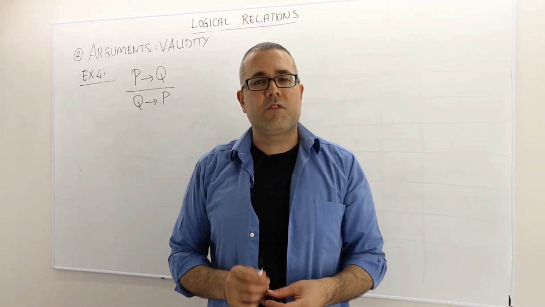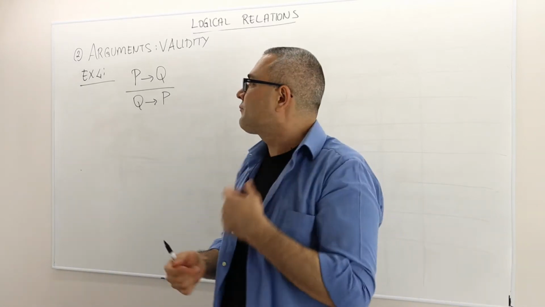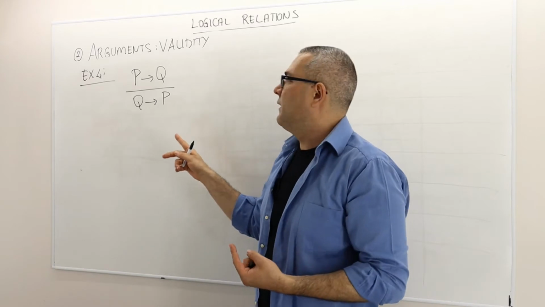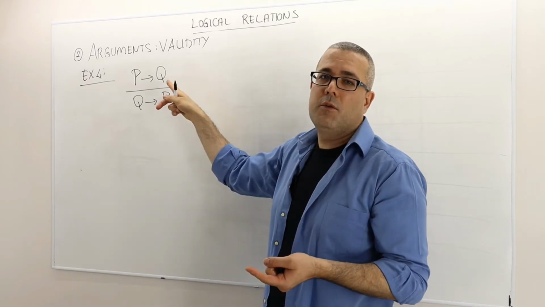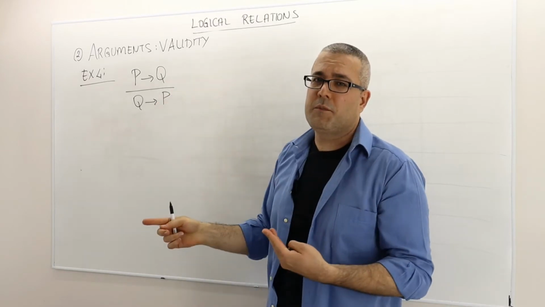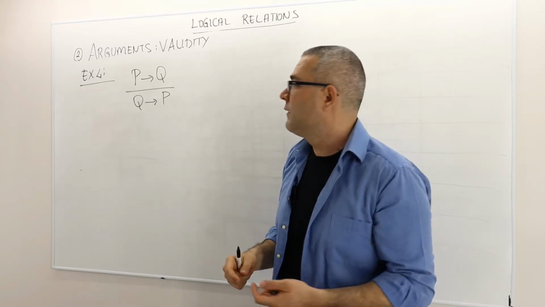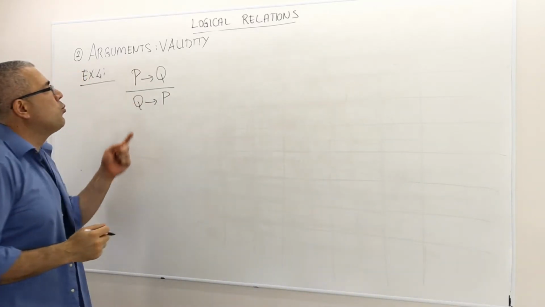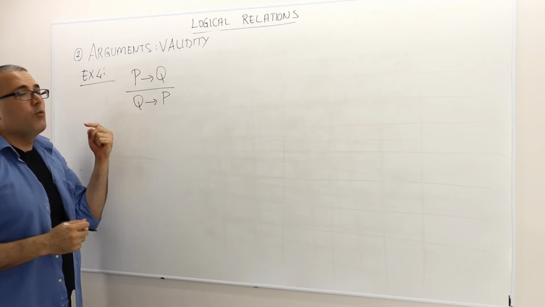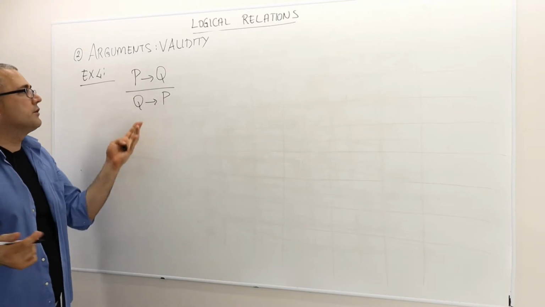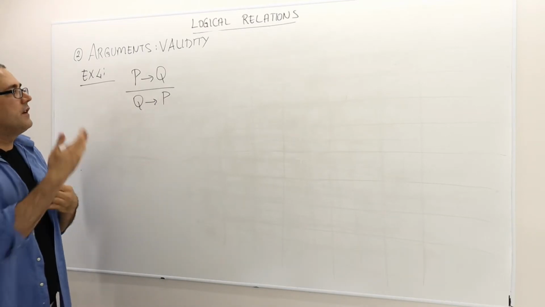Okay guys, so this is a relatively easier example. Our argument is this: P implies Q, therefore Q implies P. Is this a valid argument? Well, we have only one premise. We must always have one conclusion. So in that sense, it's an easy